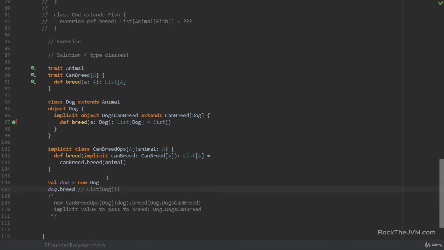Now, I understand that starting from the original problem, this solution might be a little hard to wrap your head around, but if you understood type classes, this shouldn't be too hard.